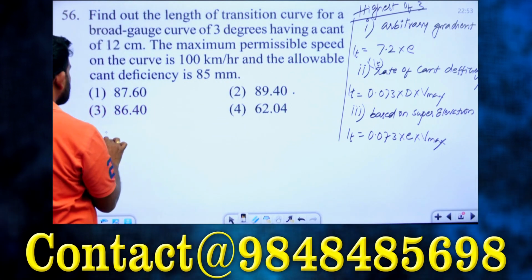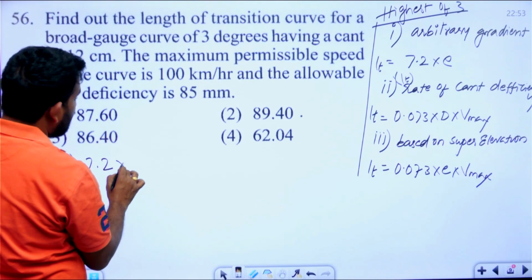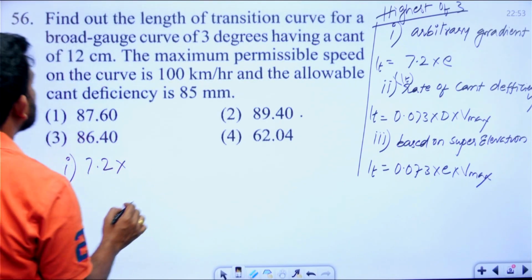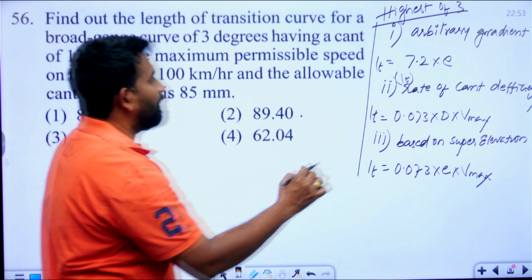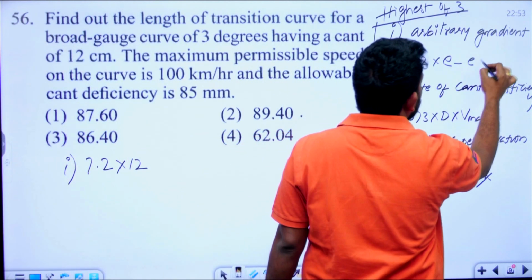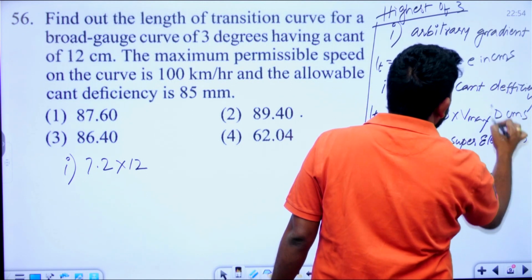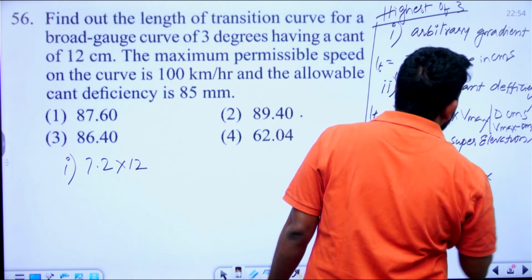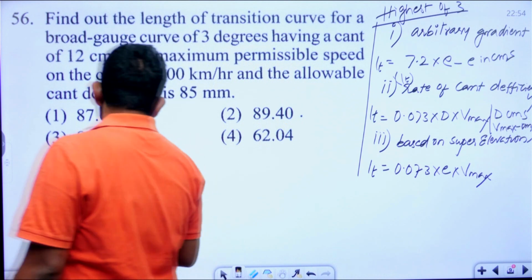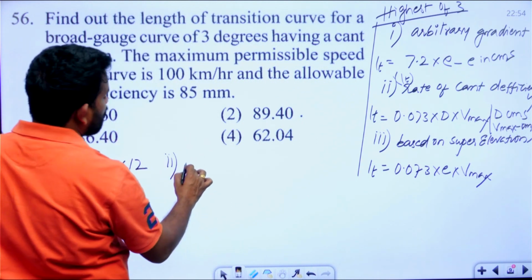So the very first condition, 7.2 times E, where the cant of 12 centimeters is provided. E will be in centimeters here, remember. D will be in centimeters, remember, and V max will be in kmph, and the result you will get in meters. So 7.2 times 12 is the very first condition, and the second condition comes out to be 0.073